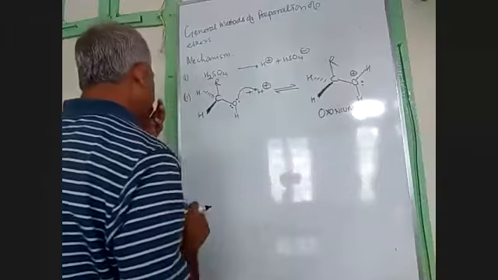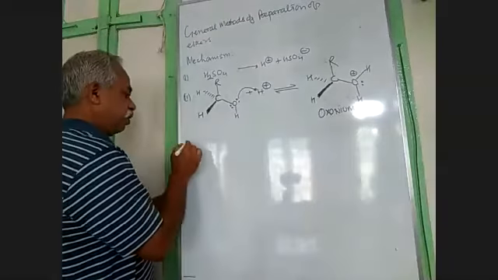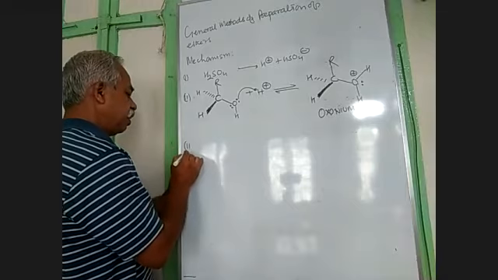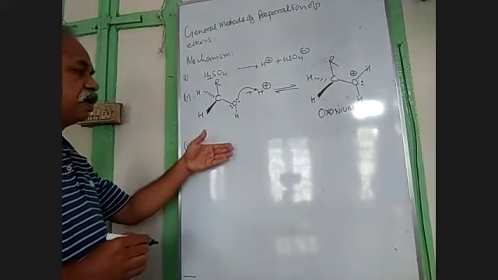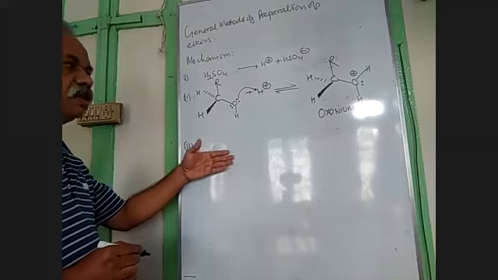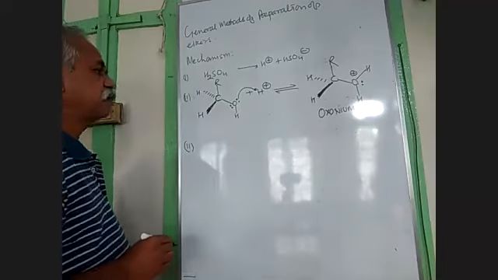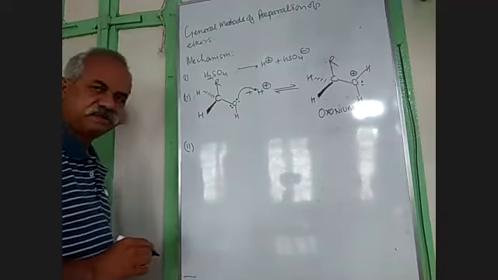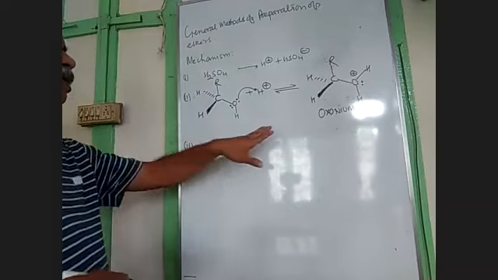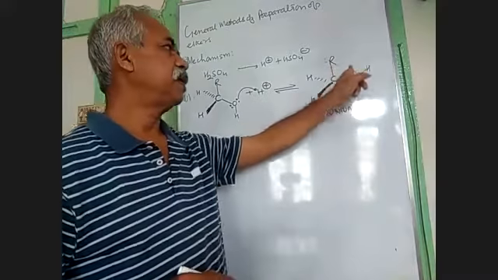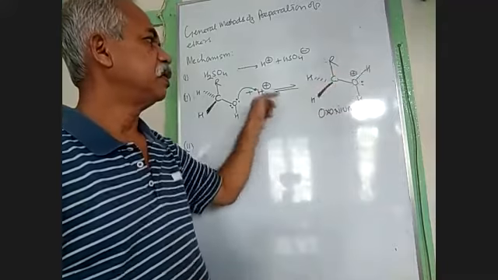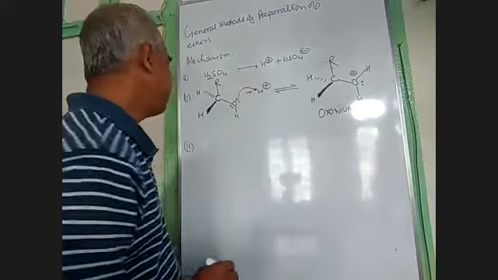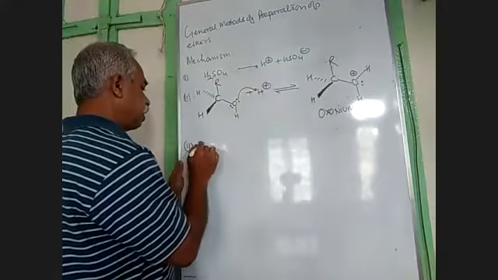Oxonium. You have already done this in haloalkanes, where I made you understand SN1 and SN2 reactions. So this is also a nucleophilic substitution reaction. Just see how the substitution is going to occur. See here, this side is big, so the nucleophile cannot approach from the side of the leaving group, the front side. So it has to attack from the back side. So I'll write it now here.